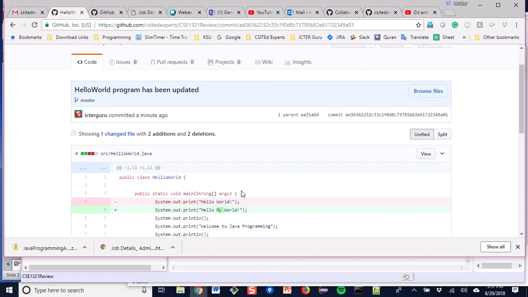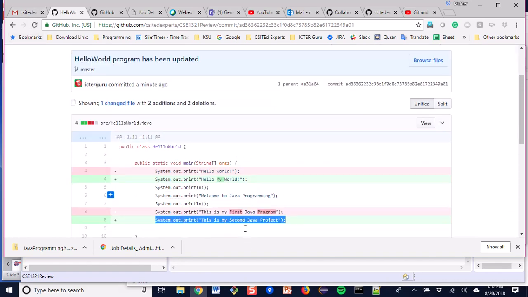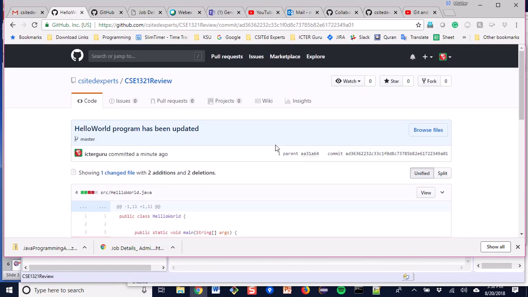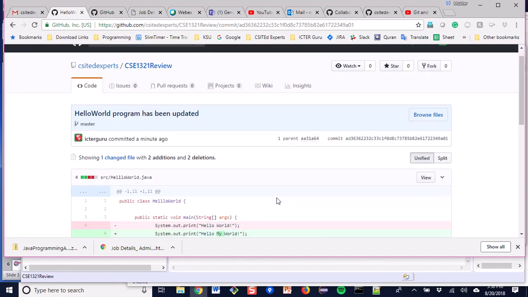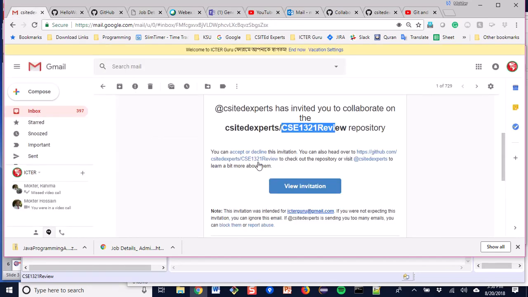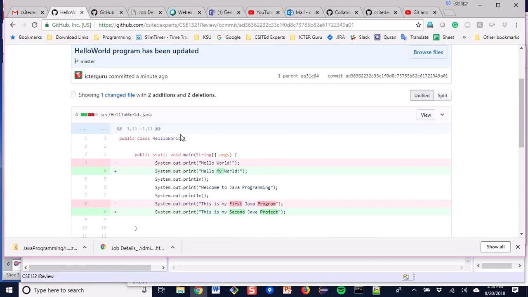Now, for instance, if I want to come back to its original state, that means if I want to give my first statement like this and then this statement like this, I can do that by using the undo statement or git reset statement. In another video I will show you how to do that, but in this video you just saw